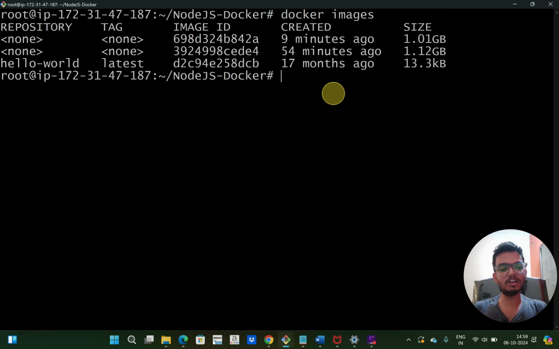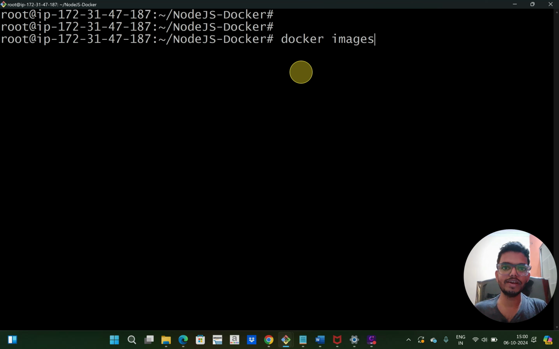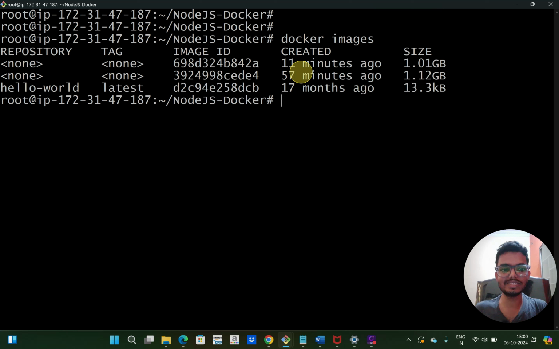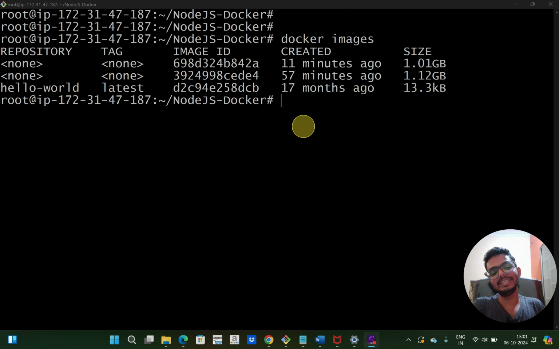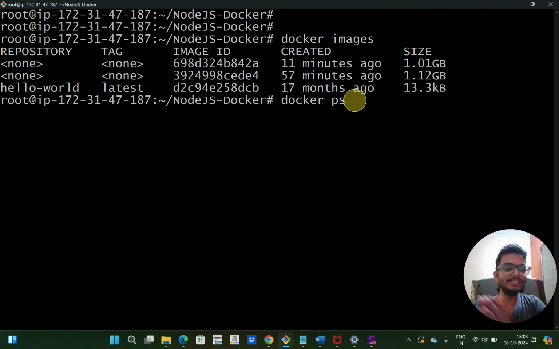In previous sessions, we have created a lot of Docker images and Docker containers. Let's clean up those today. If I run docker images, you can see there are 3 images listed here. Now I want to clean up or delete these images. But before deleting any image, we have to check whether any containers use that image. So if any containers are using that particular image, we have to delete the container first.